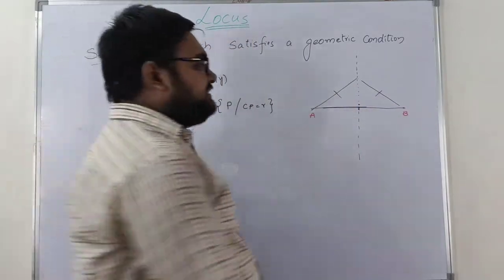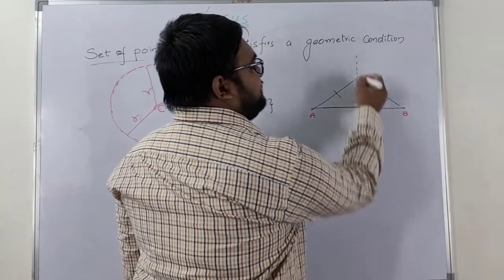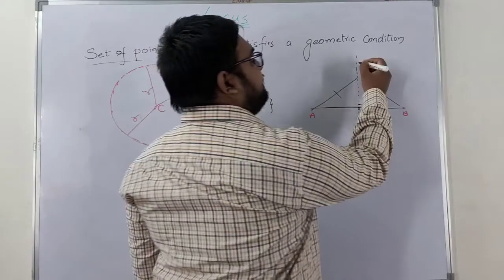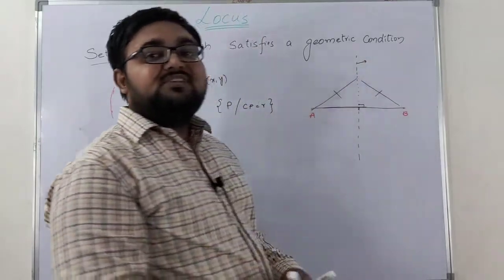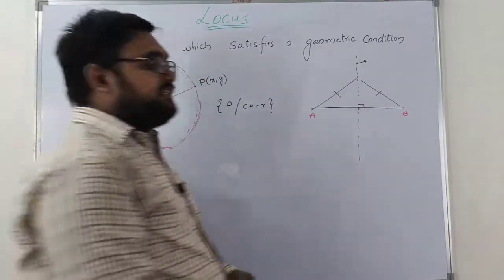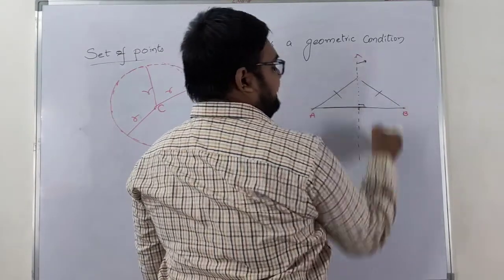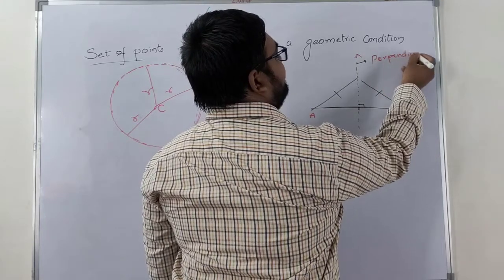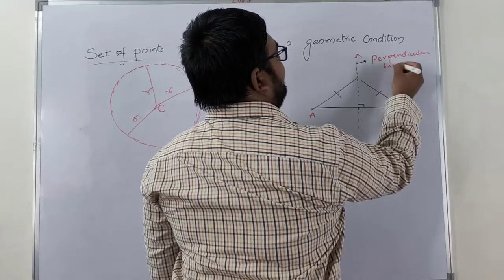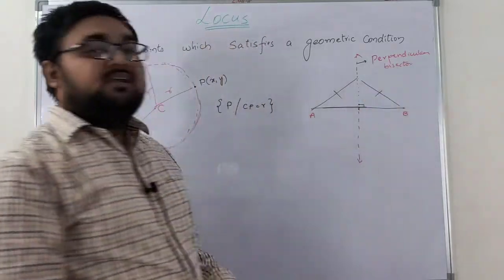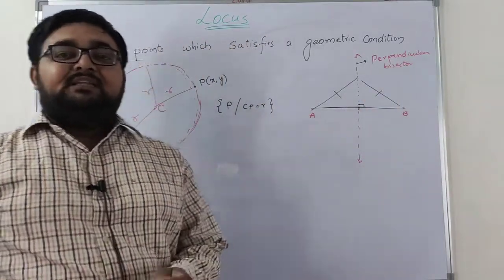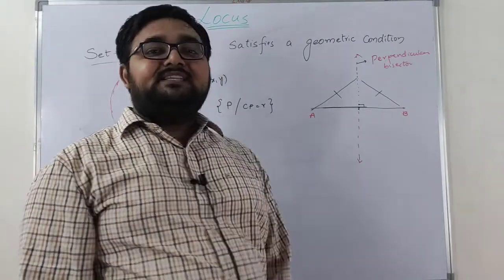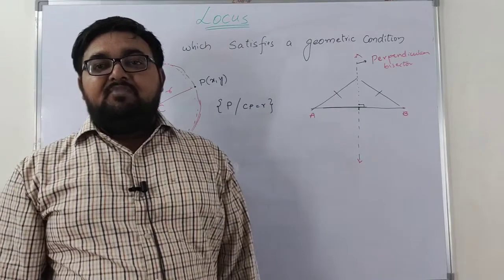So how we are saying is, since it is the midpoint, this particular line acts as the perpendicular bisector. That means what is the locus of this particular point? The locus of this point is nothing but the perpendicular bisector. That means it is getting a straight line. So this straight line we call the perpendicular bisector. So from this what you have observed is that from 2 points, the set of points or the locus equidistant from 2 given points is nothing but a perpendicular bisector.